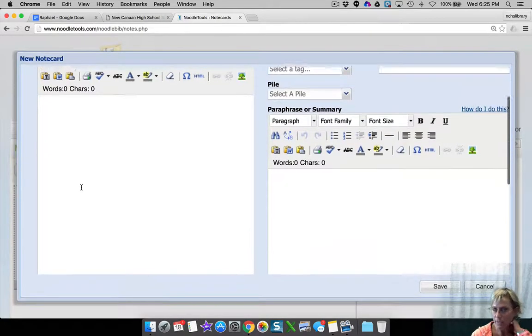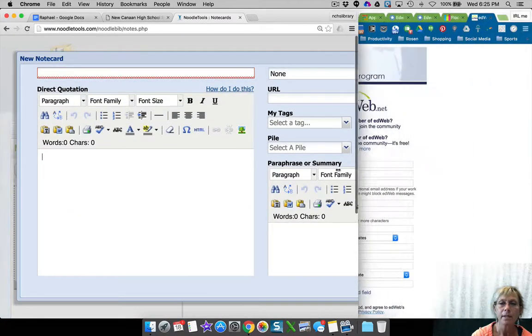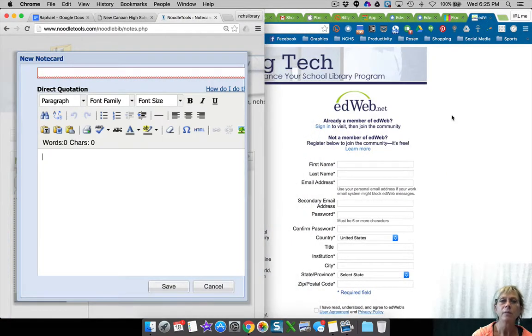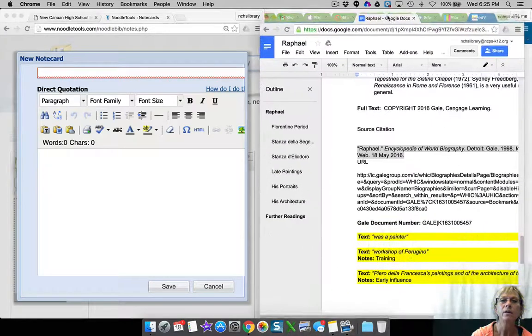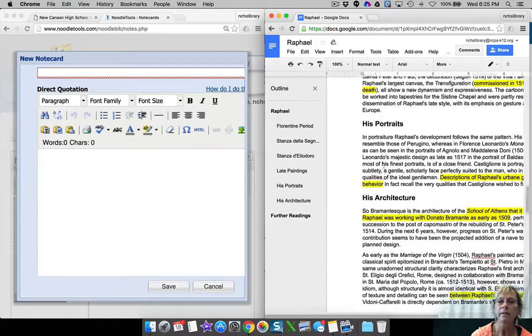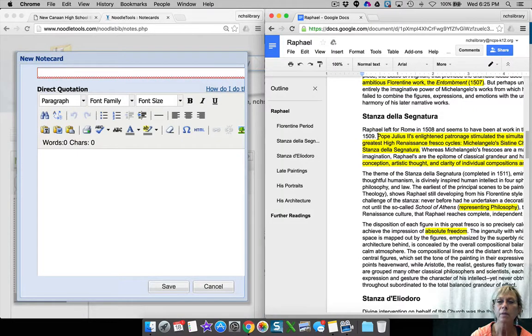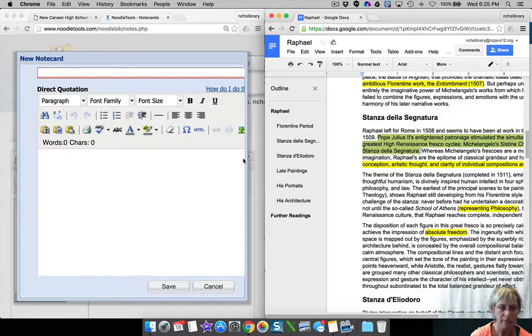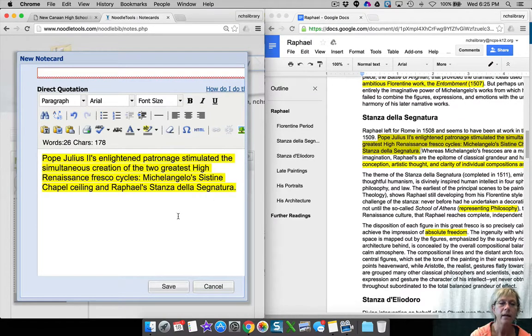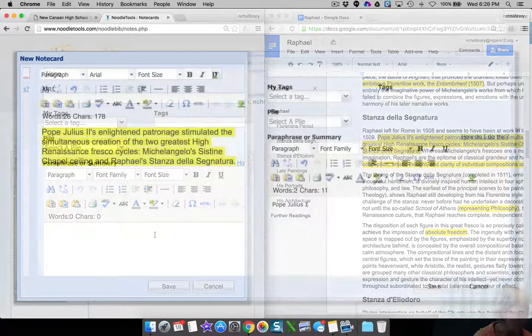All right, so I talked to you in class today about the parts of the note card. So this is the part where you get to copy and paste. I'm going to make this a little bit smaller for now so that we can bring our document over here. So remember, there was a passage about the Pope Julius. That's the part that I think is the most important quote from this passage. Now you'll remember that a quote isn't what somebody says as much as it is literally copied and pasted from the document. So that's important. And I am going to paraphrase this in my own words, and that means that I'm going to say,